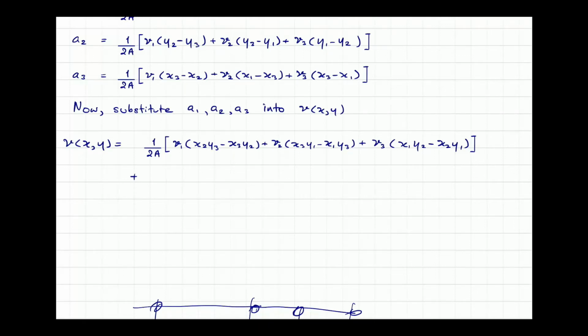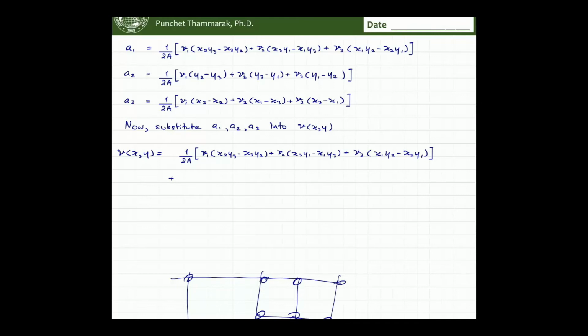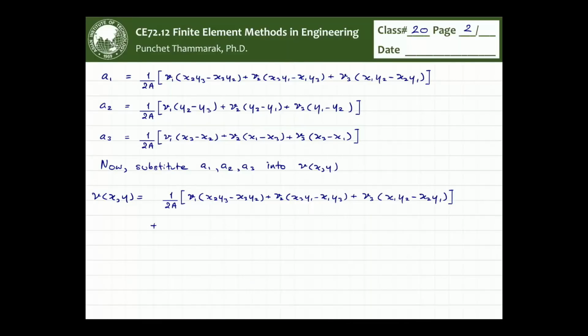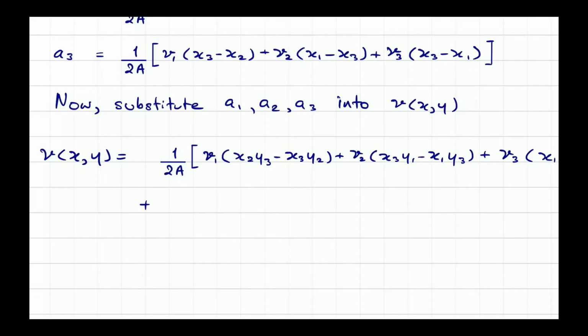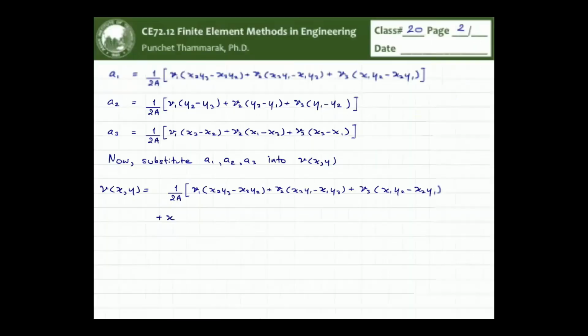So first of all, as they are sharing the same common 1/2a, I start the bracket over here, and then the rest of the thing will be inside the same bracket. I'm going to remove the end bracket over here, and then we have a plus x multiplied by things